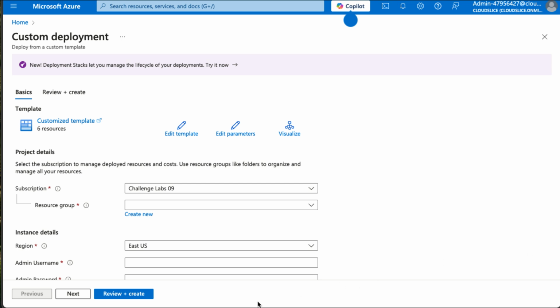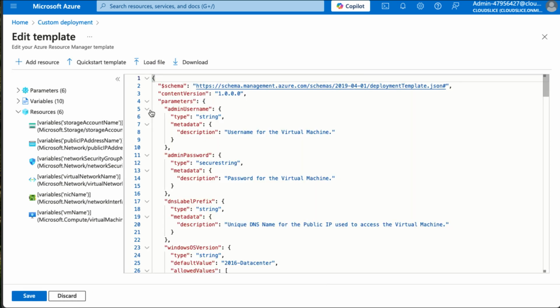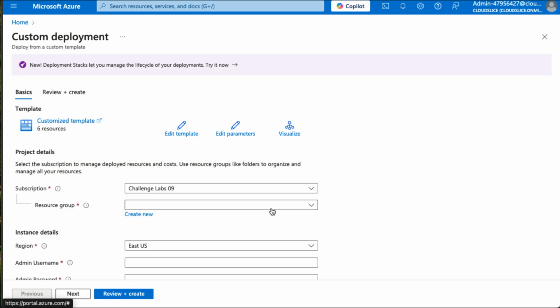So now we could, again, look at the template here, but we already did that. So we are mostly happy with the actual code, and then we only need to define some parameters